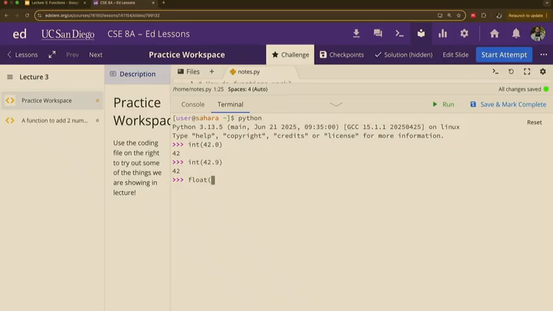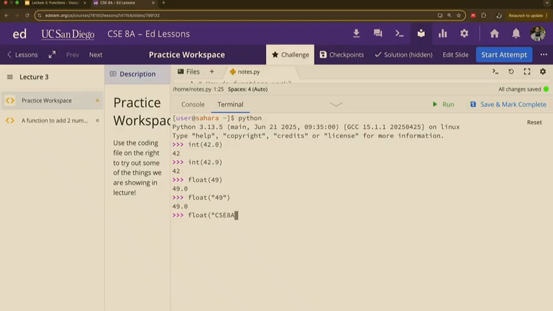Let's see float. What do we want to make into a float? Any number. 49. Let's see what happens. 49.0, right? It just provides us with that decimal point, okay? What if we do this? 49 as a string. Can we do that? Yeah. Why is that? It's a number inside. Let's look at that. That works.